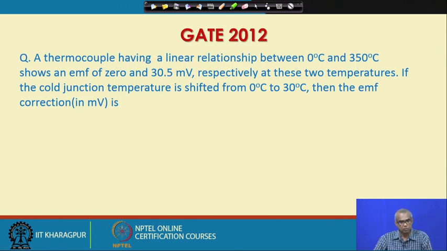A question on thermocouple from GATE 2012. A thermocouple having a linear relationship between 0 degree Celsius and 350 degree Celsius shows an EMF of 0 and 30.5 millivolt respectively at these two temperatures. If the cold junction temperature is shifted from 0 degree Celsius to 30 degree Celsius, then the EMF correction in millivolt is,